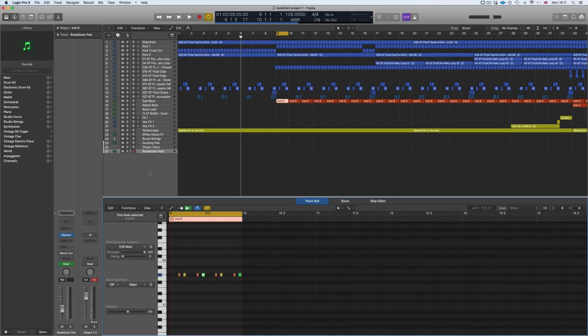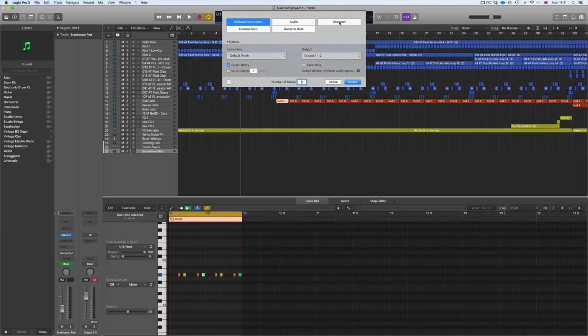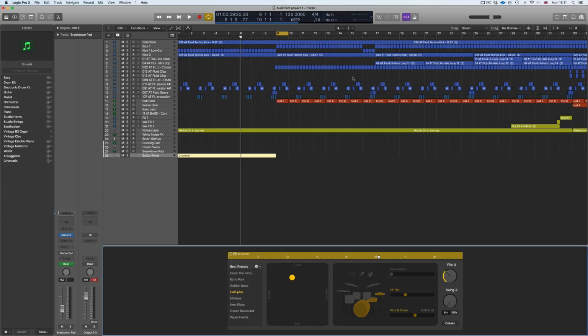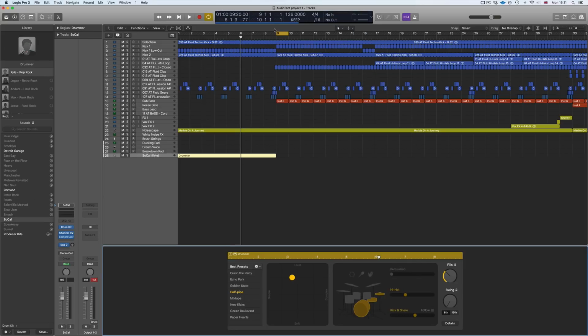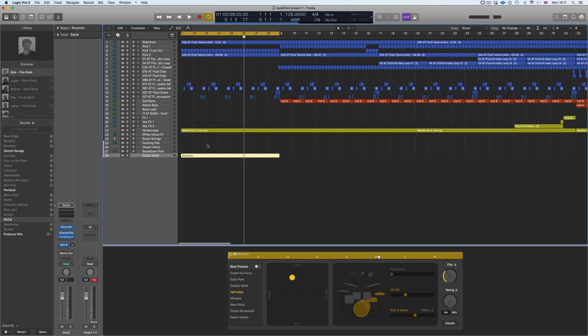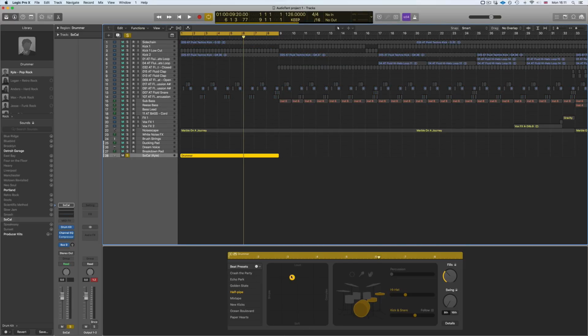As well as that, what you also have from a more singer-songwriter perspective is if we create a new drummer track, this is a great way of getting your ideas down. Maybe you don't have the technical skill, or you don't have the band members to be doing things such as certain instruments or backing tracks. As long as you've got a bit of knowledge in Logic Pro, you can create a drummer track, and then using this XY controller, we can find something to suit the music we're making, and we can also use a feature called Follow to get it to follow certain parts of what we've created to make it sound more natural.